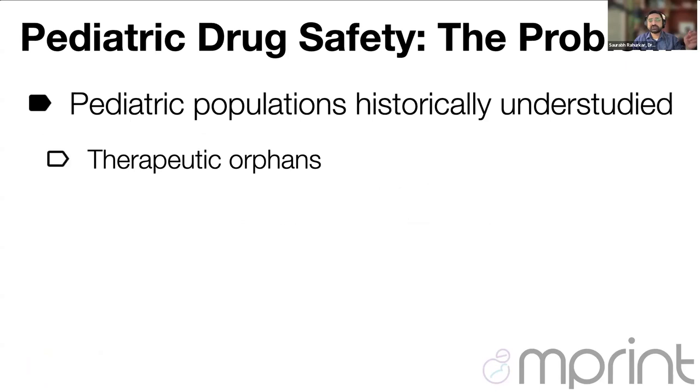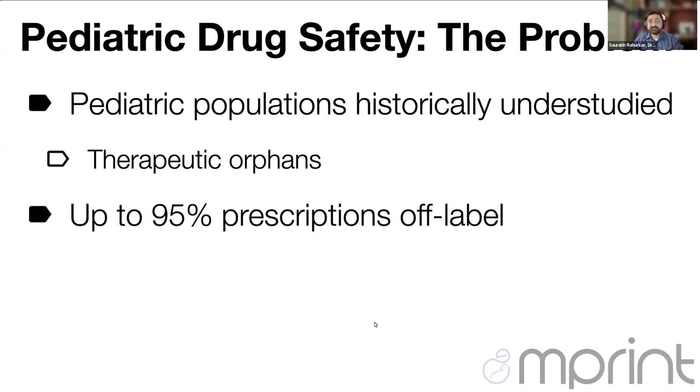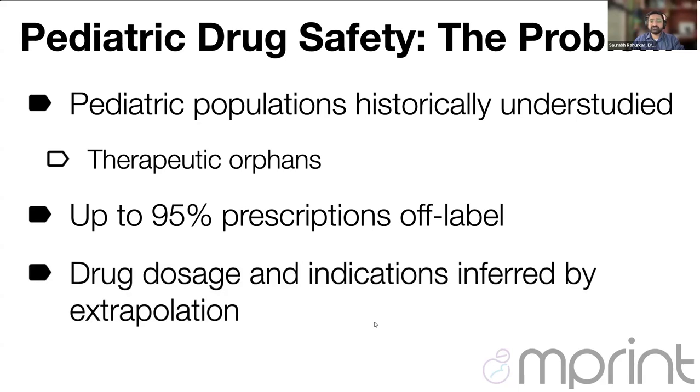Pediatric populations have historically been left out of clinical research and are basically what we call therapeutic orphans, not because they're rare, but because the evidence base for how we treat them is so limited. Up to 95% of prescriptions in children are off label, and that's not the fringe, that's routine. Because of that, drug dosing and indications in pediatric patients are often inferred, not based on direct evidence, but on extrapolation from adult data. That's problematic when we know that children, especially the young ones, have very different pharmacokinetics, disease trajectories, and safety profiles. So the challenge here isn't just a gap, it's a structural blind spot in how we generate and apply evidence